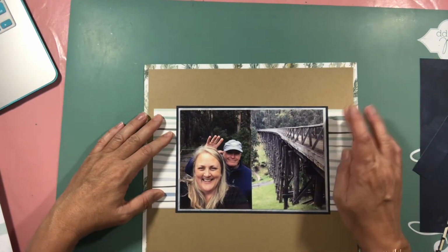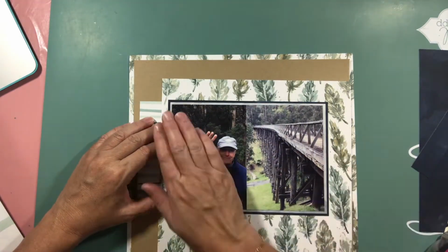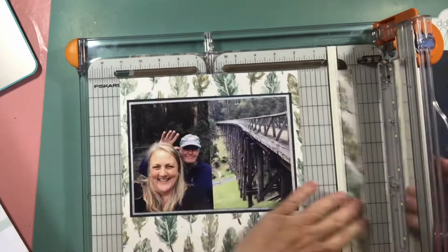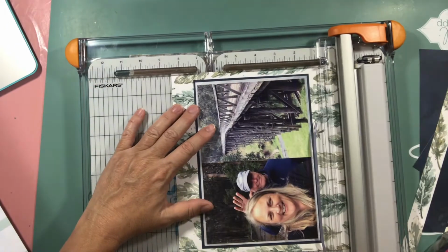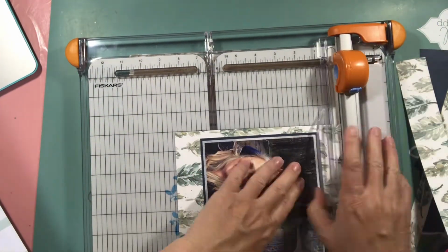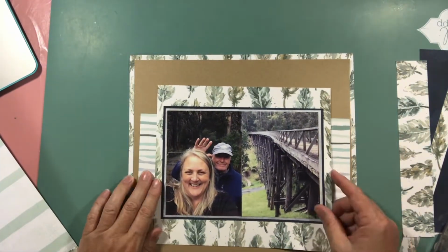And really, it's not that complicated a layout. As I said, scrapbooking mojo is really struggling at the moment, so I needed to keep it fairly simple in order to get it completed. Just don't have the brain space for much else. And really, I'm just cutting pieces,